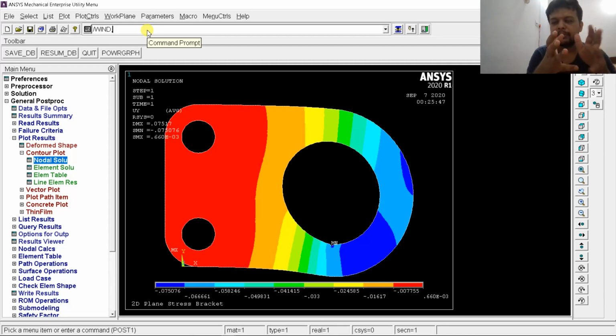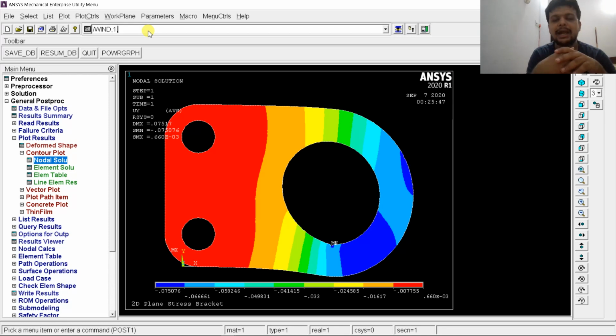Suppose I am going to create three windows. I will create three blank windows, and on those windows I will be plotting something. While plotting, I have to call the name of the window, so I have to create a name for the window right now. I will give it like that: backslash WIND comma one.